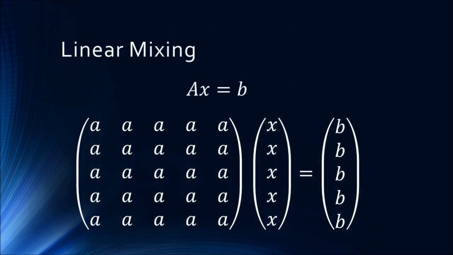Think back to college. Think about linear equations. And I admit I did not necessarily pay the most attention in linear algebra in college, so I've had to do a little relearning, so pardon my vocabulary here. So the classic AX equals B: 5 variables, sampled 5 different ways, mixed 5 different ways, gives you 5 different numbers, B. And armed with that mixing, A, and the 5 B's, you can recover the 5 X's that went in. So that's pretty standard. 5 simultaneous equations for 5 variables, 5 answers.